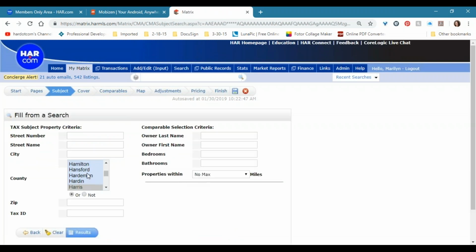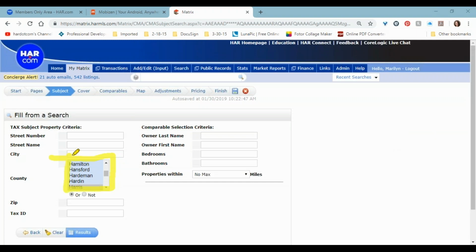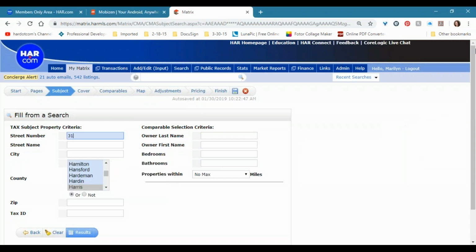So once you click that link, it always defaults to Harris County in the lower left area here. So it's really important that you always, always, always adjust the county. If it's not in Harris, that will result in no comps for you, no property data rather. All right. So I'm just going to put in an address that I know, again, happens to be in MLS, but